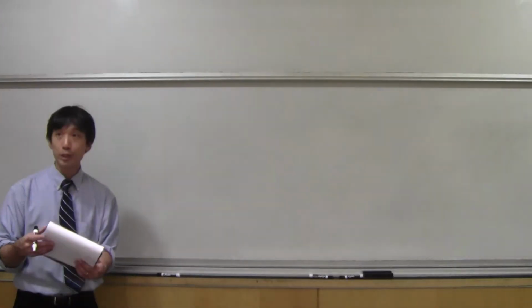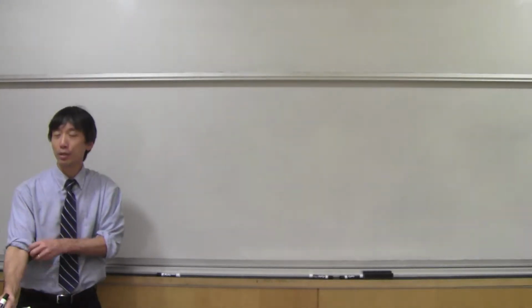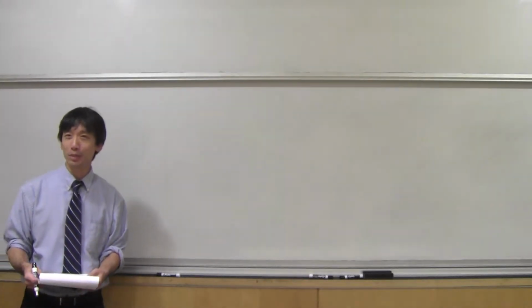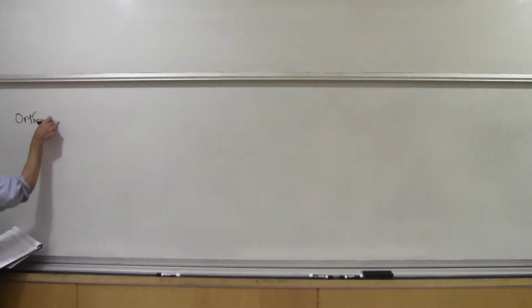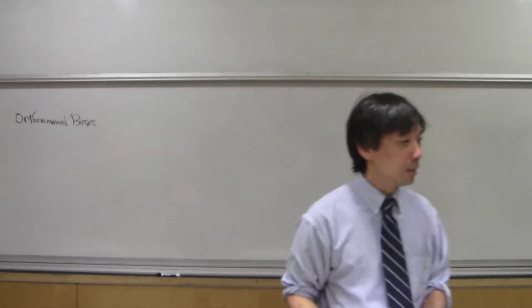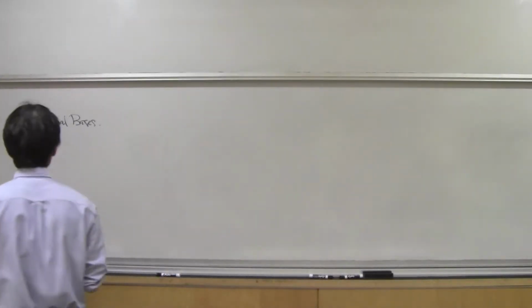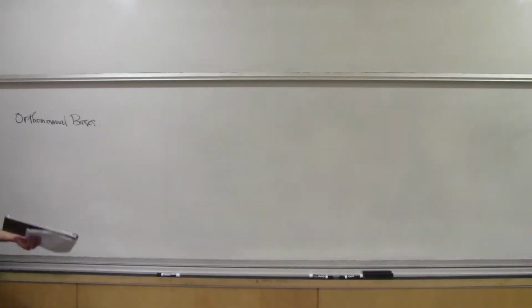Remember what we're doing? We're talking about orthonormal bases, right? And it turned out that orthonormal bases had some good qualities. In particular, they allowed us to get the coefficients for the linear combination that allows you to reconstruct your vector, right? So if you have V an inner product space